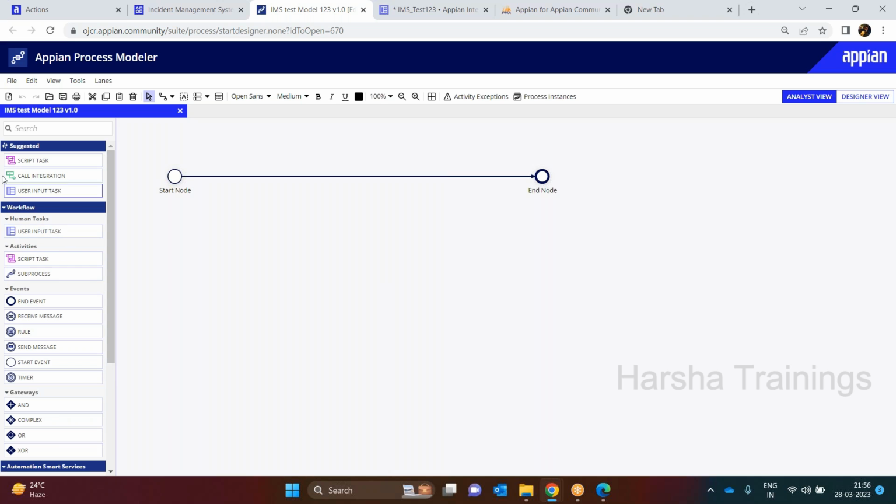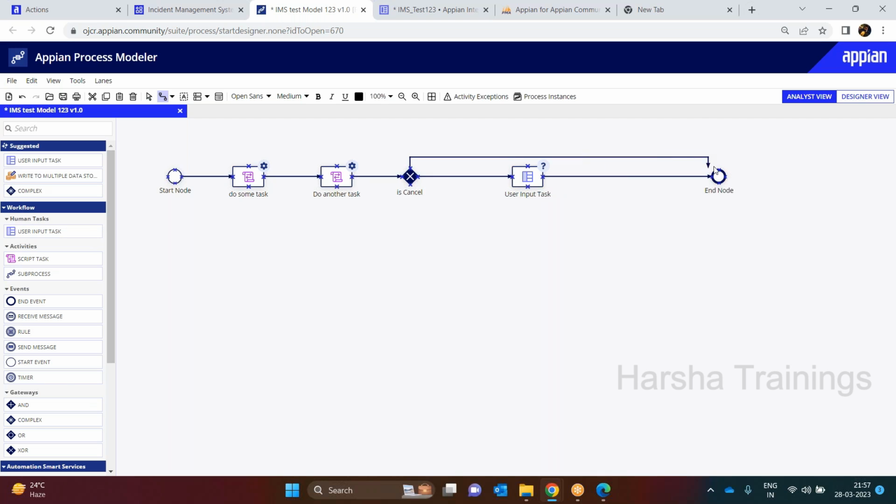Suppose I want to perform some task, so I'll take a script task. I'll say do some task, and then I want one more script task. I'll say do another task. Suppose I want to put in some calculation. And then let's say we put in a gateway, because I want to decide something. Let's say I'll say is cancel, and then take some user input task. If the user clicks on cancel, take another path. I'll say, okay, if the user has clicked on cancel, take this path, otherwise take this path and generate a task for